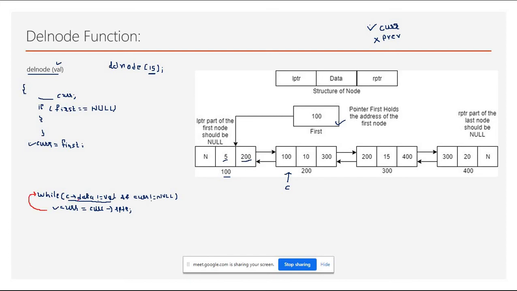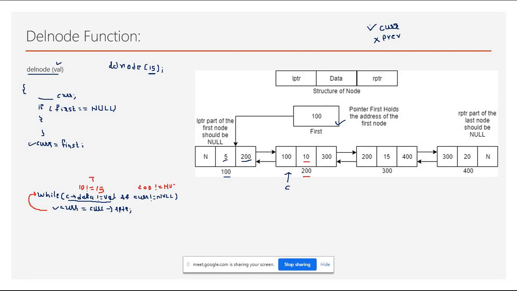Right, now again we are checking what is there in the data part of the current. The data part of the current is 10. So 10 is not equal to 15, right? Yes, this condition is true. Current is now on 200. So can we say 200 is not equal to null? Yes, this is again true, right?